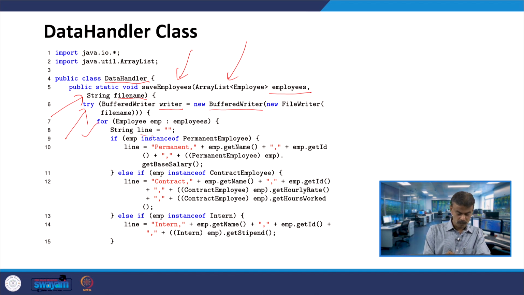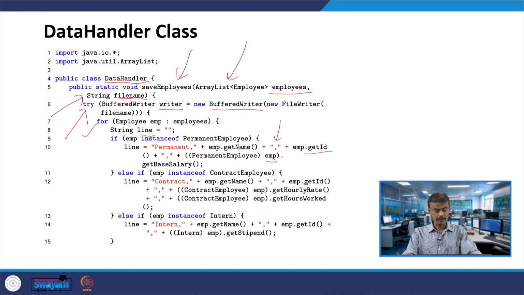First the line is put as null, or no character. If EMP is an instance of PermanentEmployee, that means if employee is equal to permanent employee, then permanent is assigned to line plus you get the name, EMP invoking get name, then a comma, it is all printing, and then EMP invoking get ID, again one comma. Then you are typecasting, so PermanentEmployee of your EMP.